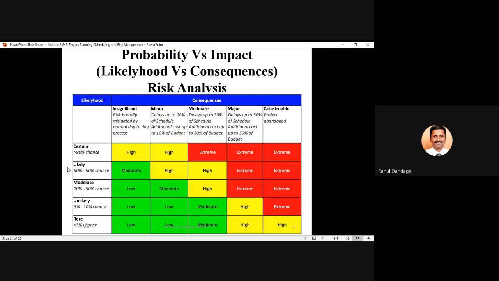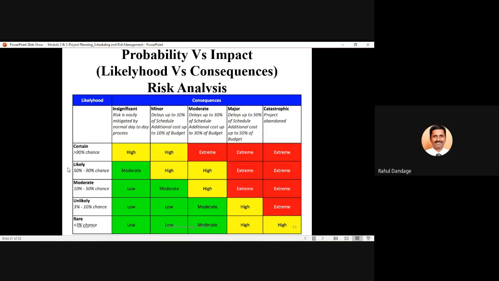When we say rare, it is less than 3% chance to have that particular risk in your project. And then consequences have been given from left to right in increasing order: insignificant consequences, minor effects, moderate effects, major effects, and catastrophic effects.